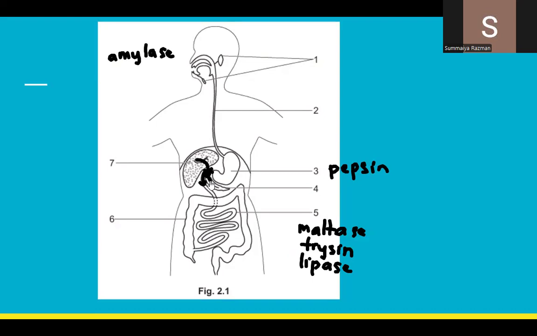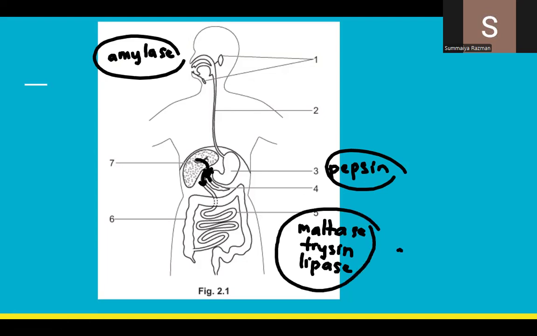So that is basically a very quick summary of everything. Try to remember, only one food group is broken down in the mouth, also only one in the stomach. But as you go down into the small intestine, it would be the three major food groups. So that is how you can remember this,